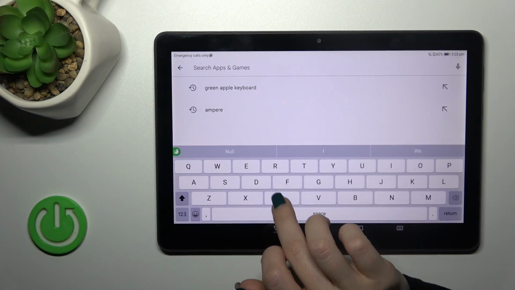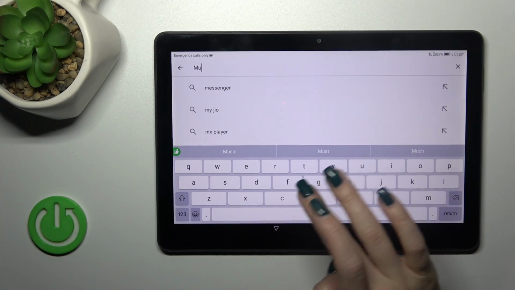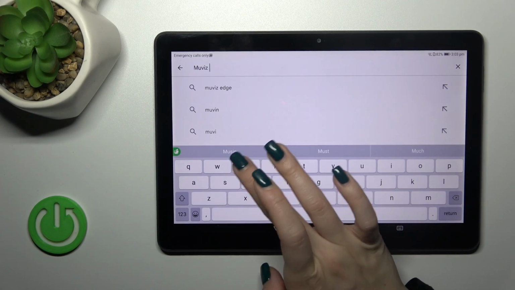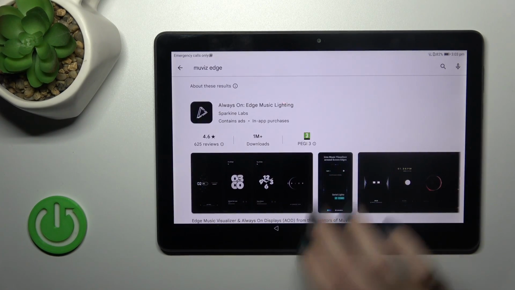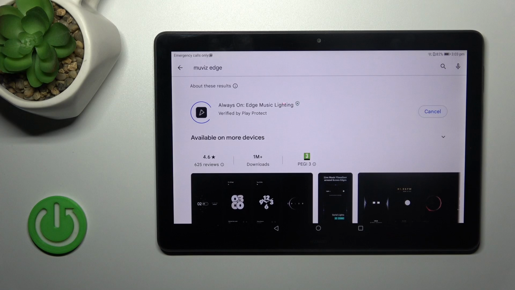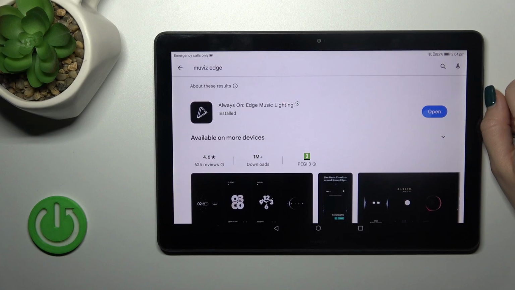So in the search pool enter the Muviz Edge, and now we should get this application. So tap the install button and wait a couple of seconds. So after that just tap to open the app